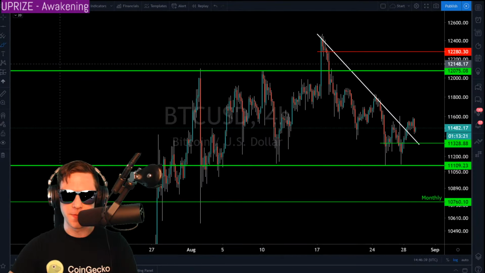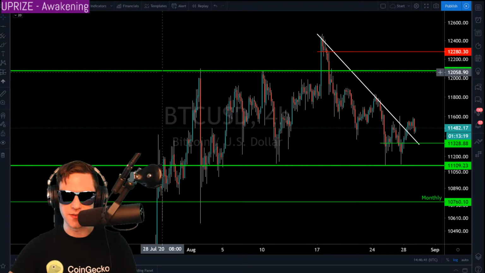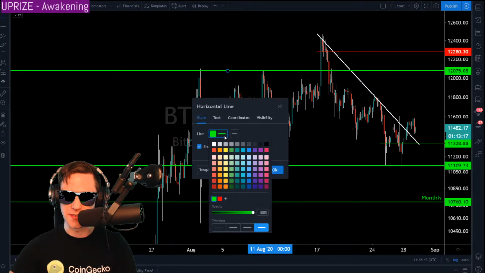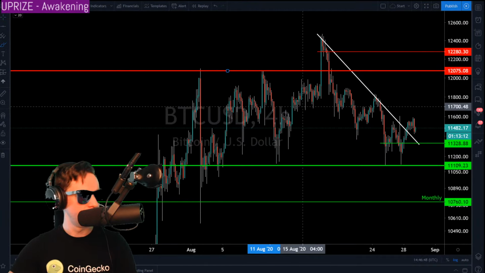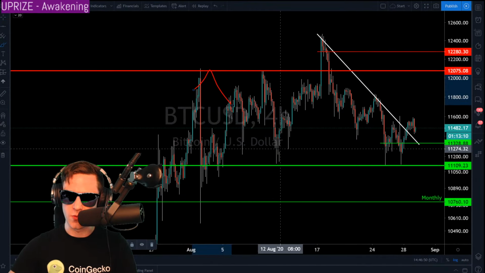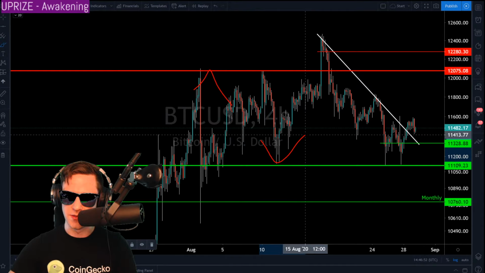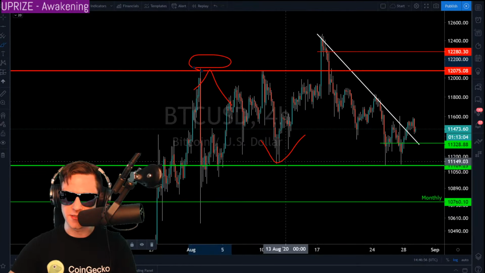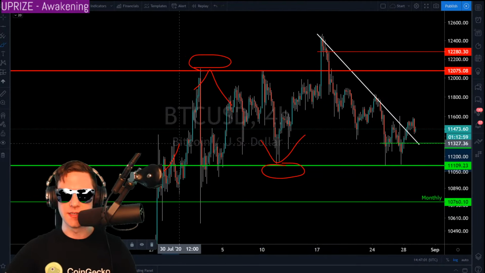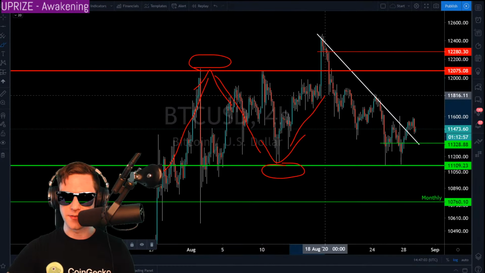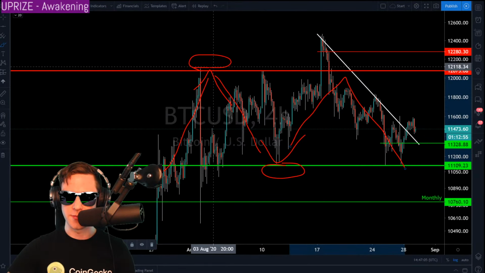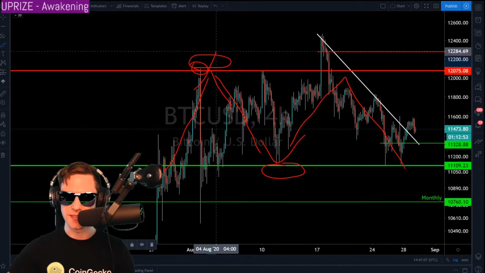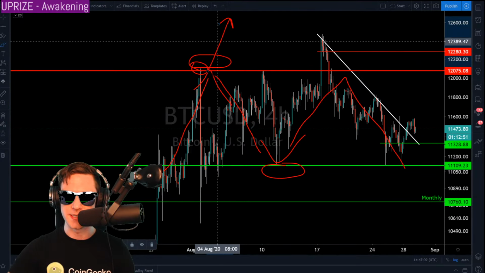Instead of looking for the statistically more likely rejection off resistance or bounce off support, they would be looking actually for where resistance breaks or where support breaks. And so instead of the range up and down, they're going to be looking for a break of resistance to go long,